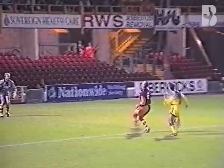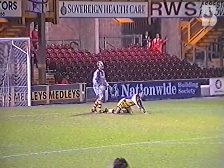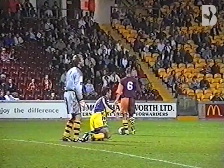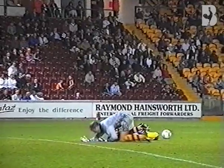Bowen, solid header. Patterson, what a tremendous first-time volley. Sass. Oh dear. Well then, unfortunate, so unlucky. Referee, Mr. Allison, in no doubt that Jonathan Gould pulled Andy Walker down. He made the initial mistake of dropping that simple-headed back pass from Marco Sass, and